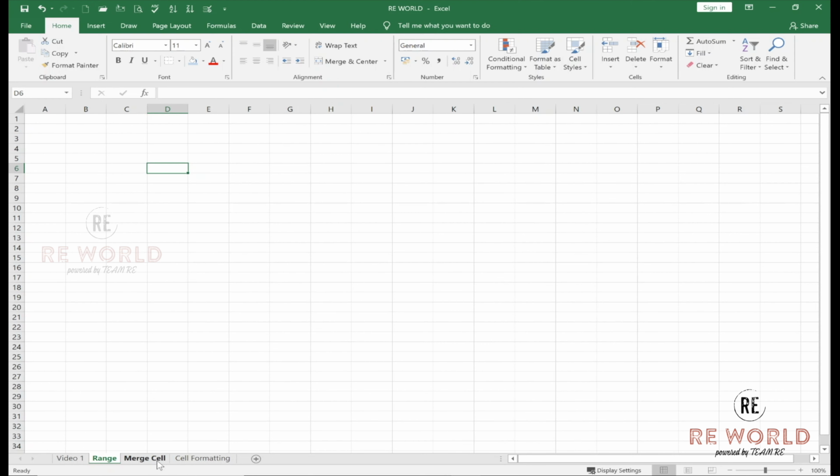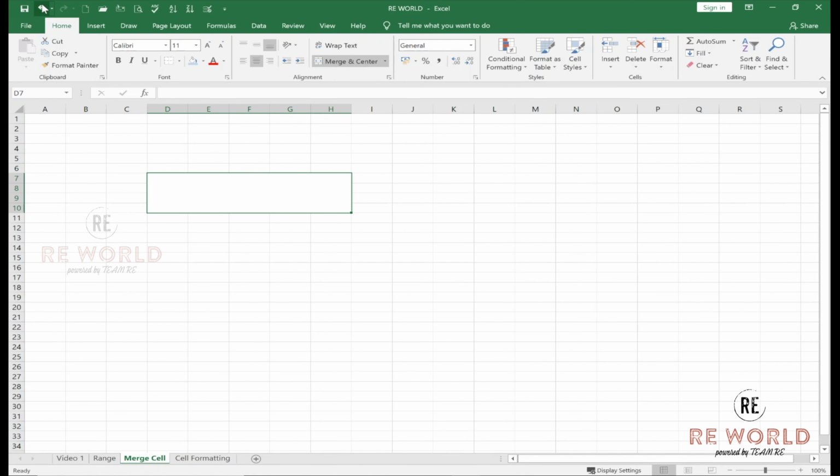Let's talk more about cells. Merge cell. This is a cell. We can merge it as per our need. For example, I can merge this cell and now it becomes one cell. But its reference will always be the first cell where we have started this merger.